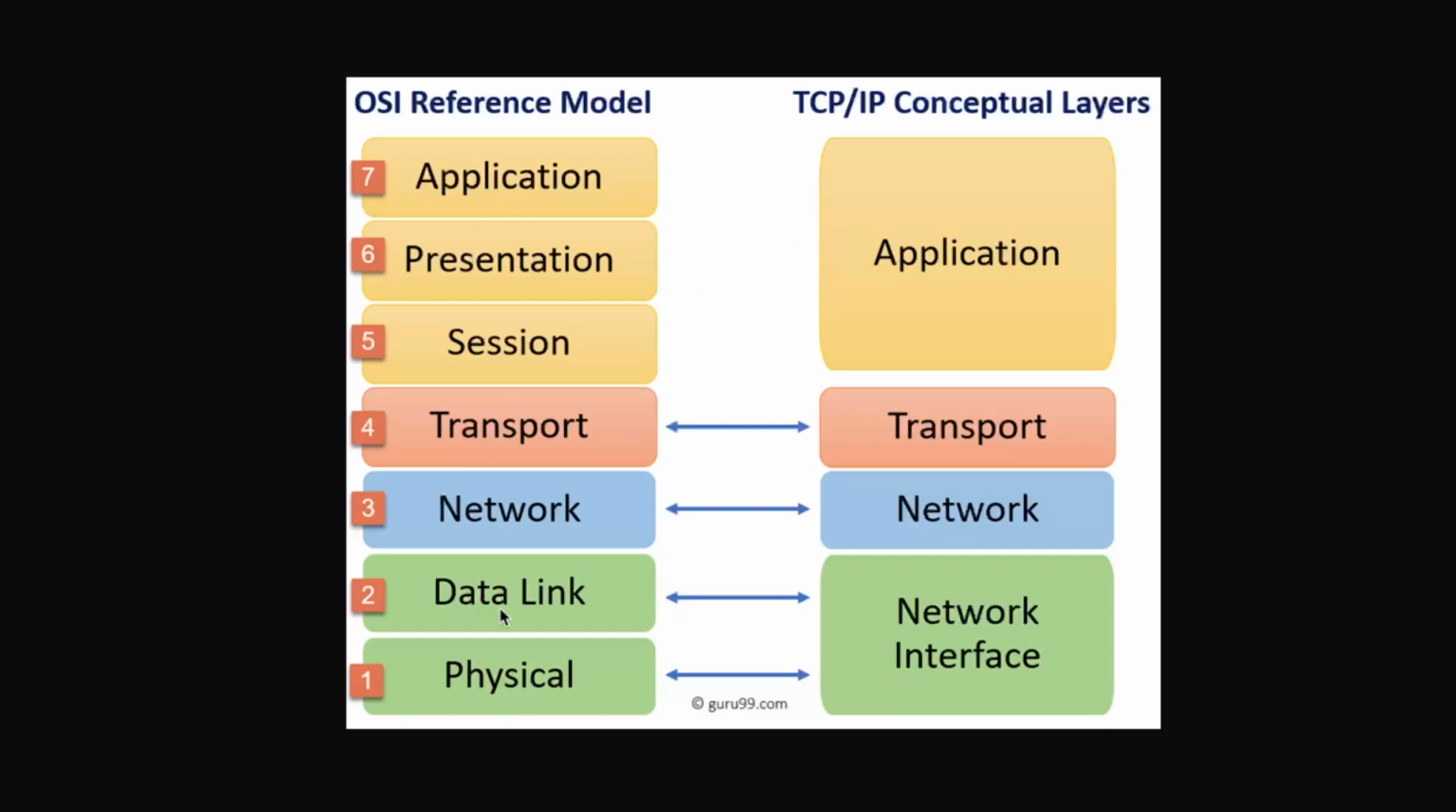So these 7 have now been turned into 4. The data link and physical layers have been combined together. Network is still network, or otherwise interchangeable, it is called internet. So either network or internet layer. You have transport, which is still the same. And then session, presentation, and application are all under the application layer, because technically they are all done through the